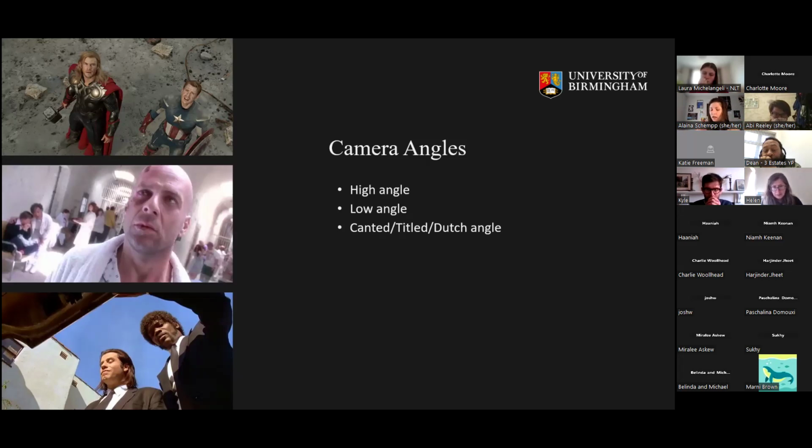and that's from Pulp Fiction, with the 2 principal characters being looked up at from the trunk of a vehicle, or from the boot, I guess you say here, the boot of a car. So that could be another tool in the student's pocket to use with their cameras. Can we go to the next slide?